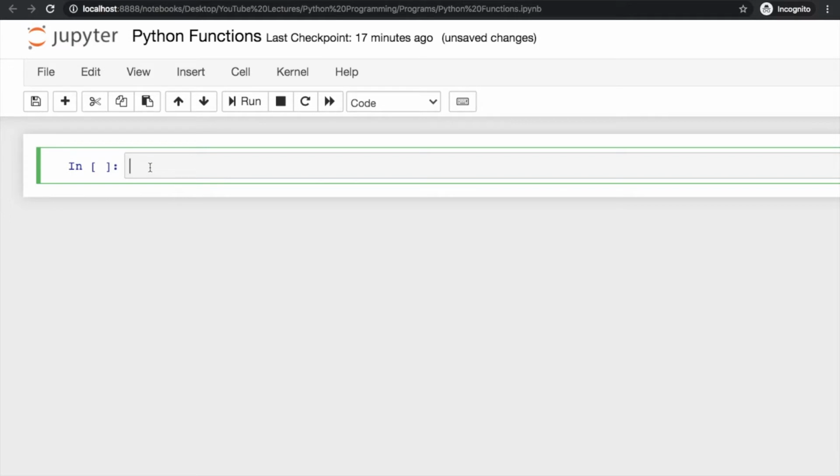Here we are going to discuss Python functions, and in this lecture you are going to learn what a function is, its syntax, and various kinds of functions in Python. If you have gone through other programming languages like C, C++, Java or JavaScript, you might know what a function is. It's a group of related statements that perform a specific task, and it helps in breaking a program into smaller and modular chunks.